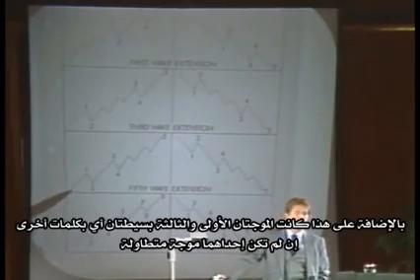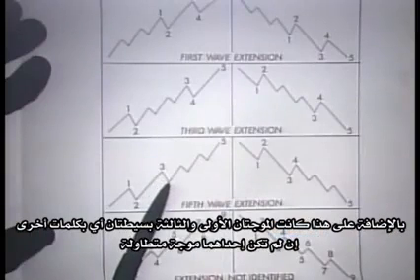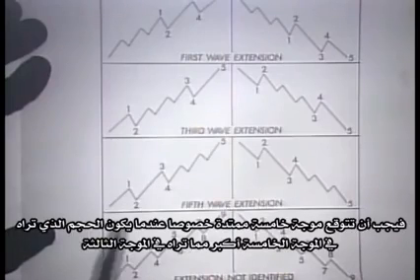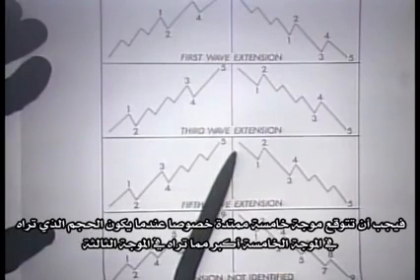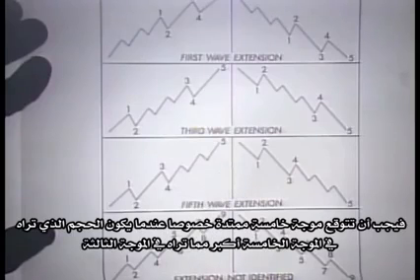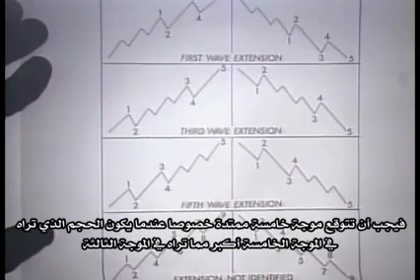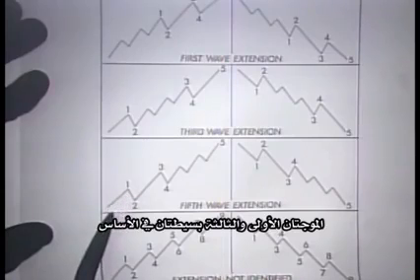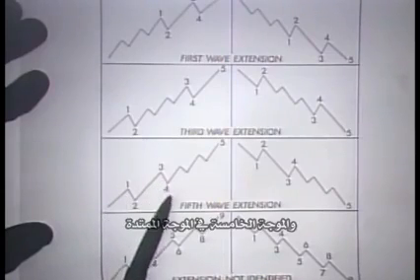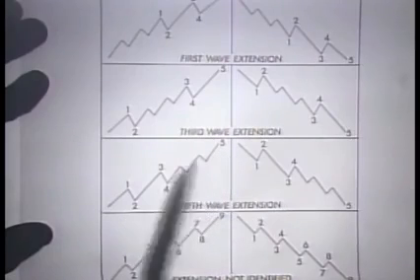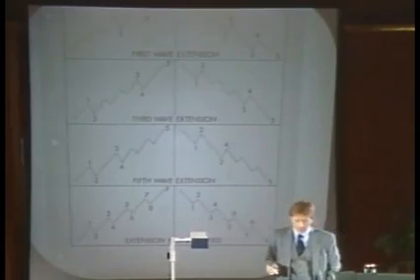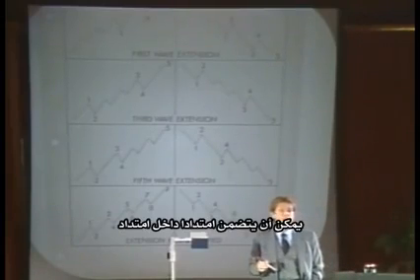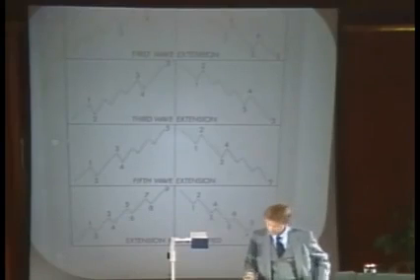Additionally, if waves 1 and 3 are simple, in other words, if neither wave 1 or 3 is the extended wave, you should expect an extended 5th wave, especially under the instance where volume in the 5th wave is greater than the volume that you saw in the 3rd wave. That can be a very big tip-off. That's what you see here in this example. Waves 1 and 3 were basically simple. Wave 5 is the extended wave. Now, the extension itself, since it is a 5-wave structure, can also contain an extension within an extension.